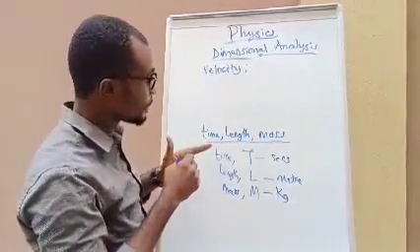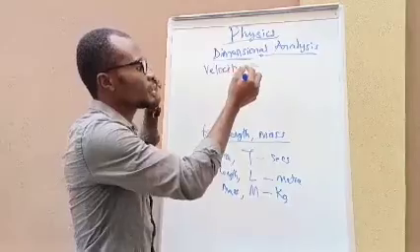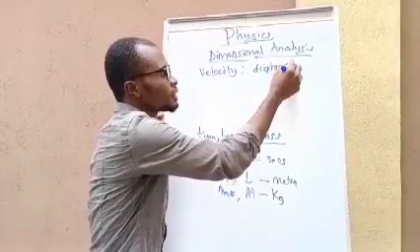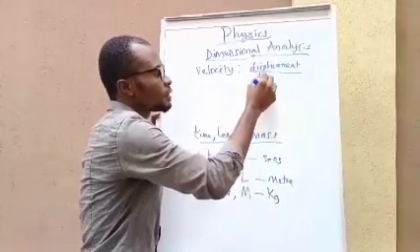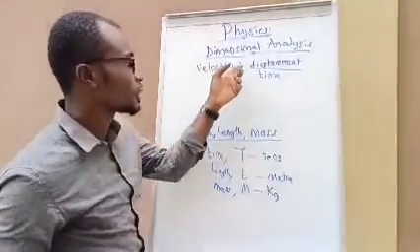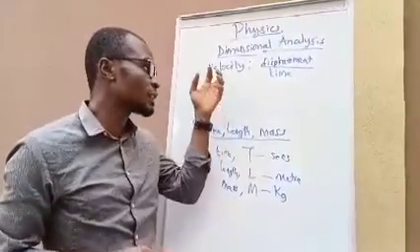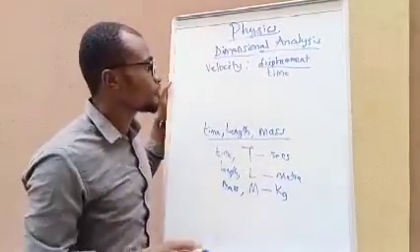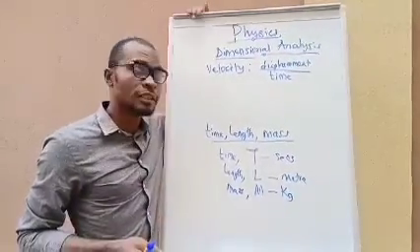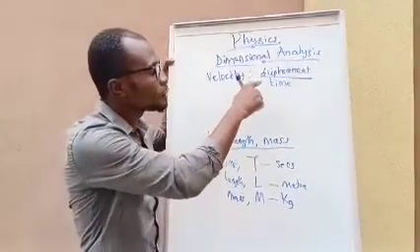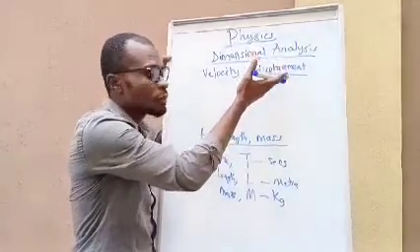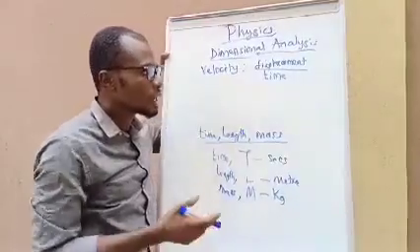Now, velocity as we have it is simply displacement over time, meaning that the change in displacement as time changes, that's velocity. Now, if we want to dimension a quantity such as velocity, of course you know velocity is a derived quantity. We have displacement as the numerator, we have time as the denominator. So how do we do this?